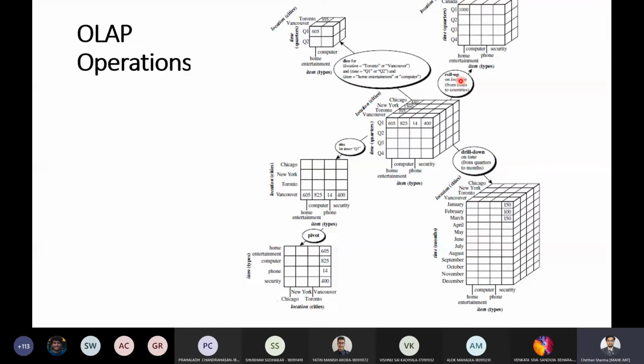It performs aggregation on a data cube by climbing up the hierarchy for a particular dimension. So if you can see this particular example,